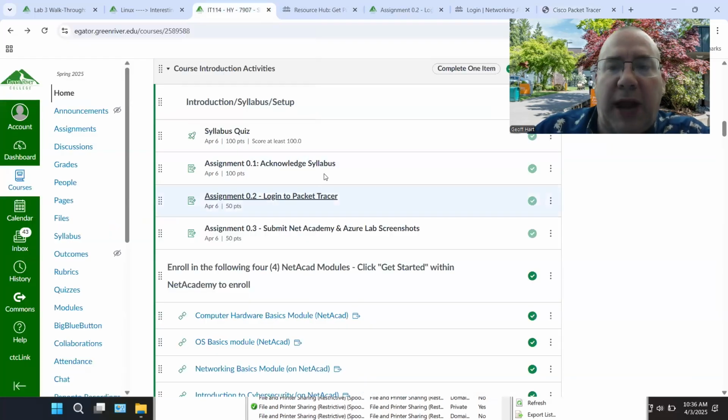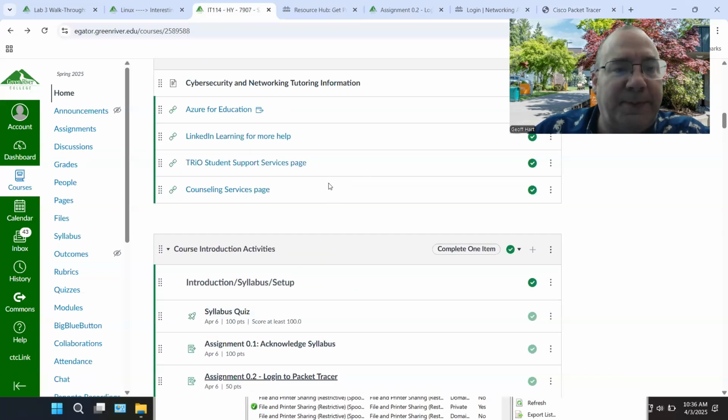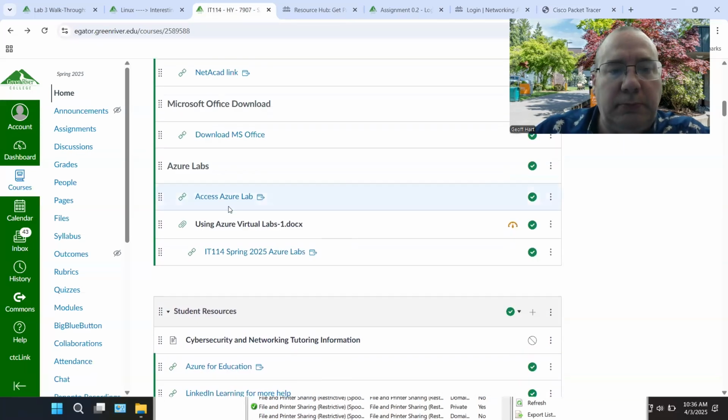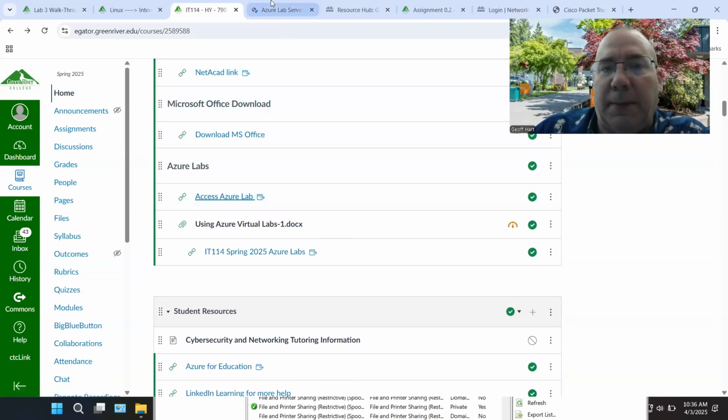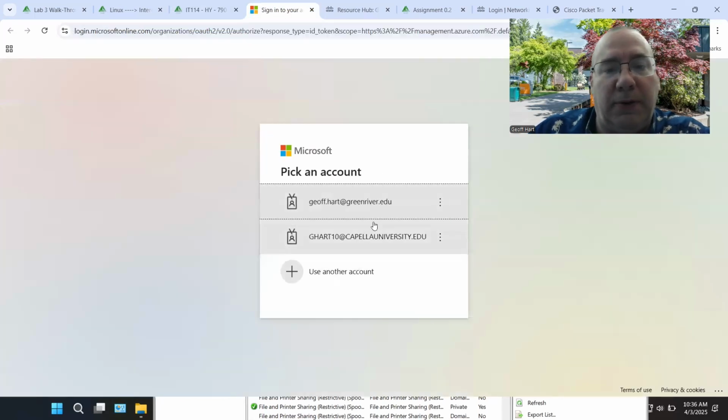Again, we'll go back to our Canvas page for this class, and we can click on this link here. Again, I'm going to center click so that it pops up in a new tab. Okay. Center click the mouse wheel, and boom, it opens up in a new tab.